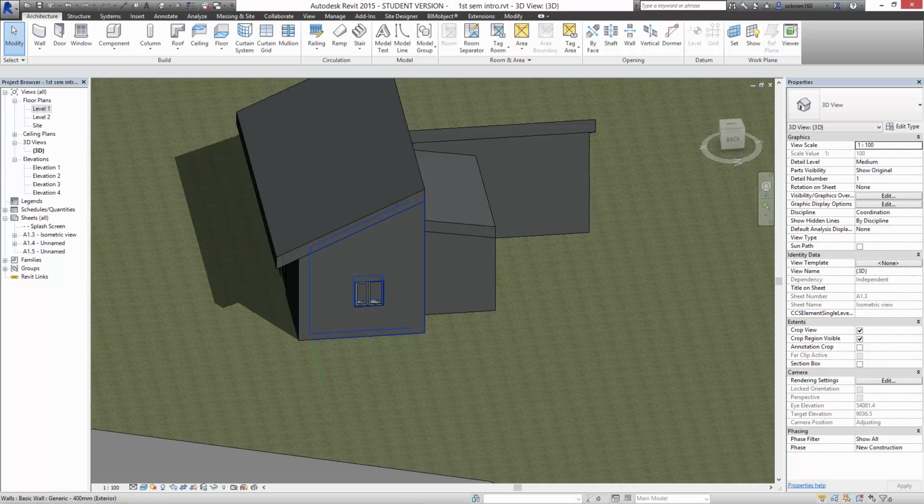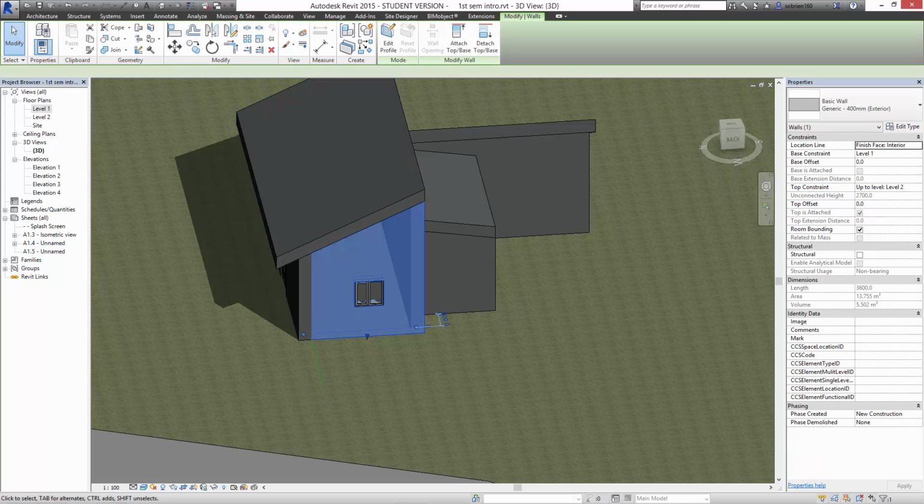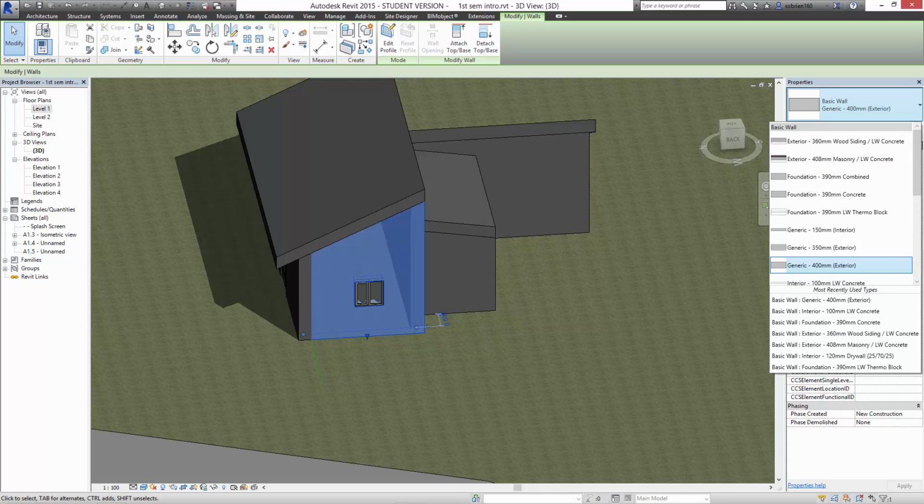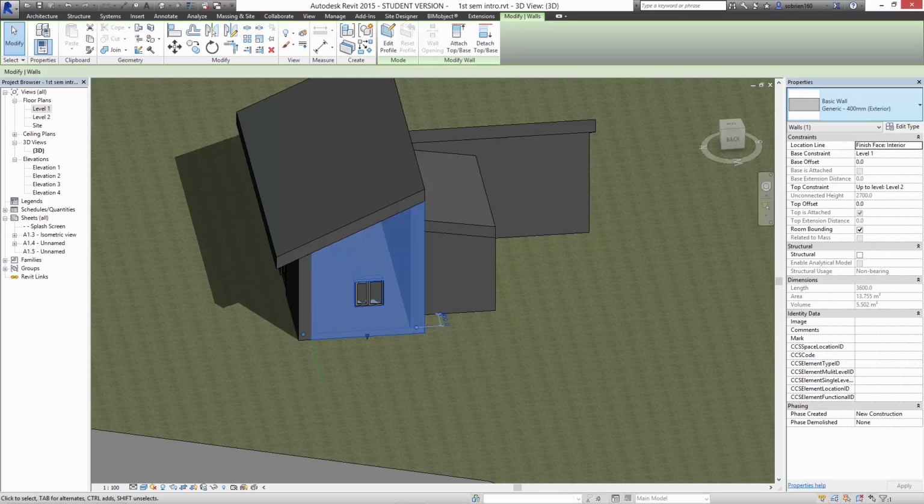So if I select this wall here, you can see that the properties dialog on the right here just says basic wall, generic 400 millimeters exterior. I think what I'm going to do is I'm going to edit it just to show you how you can change these things. So I'm going to use this as the basis, and I'm going to make a new type of wall. So I'm going to edit the type,